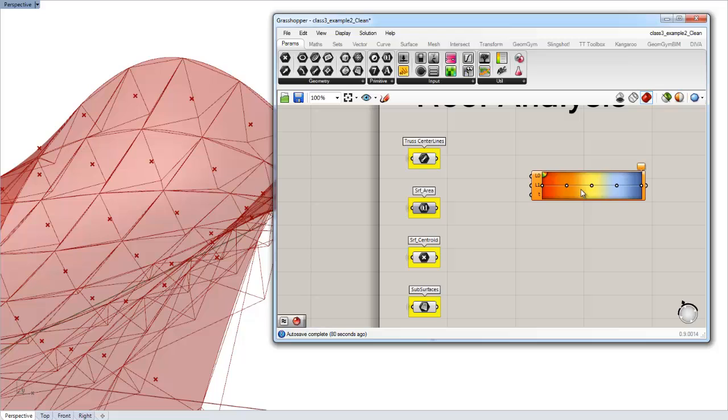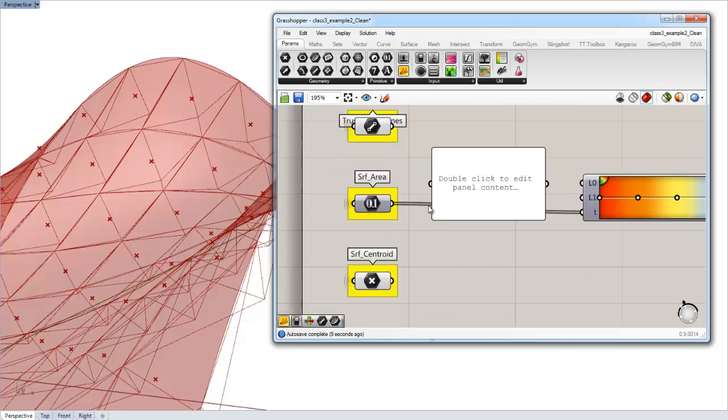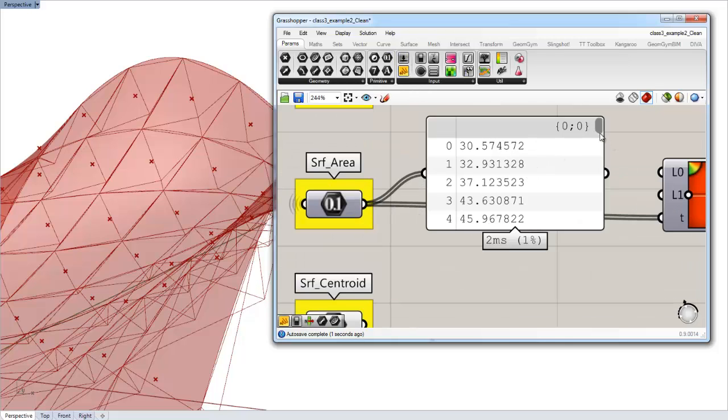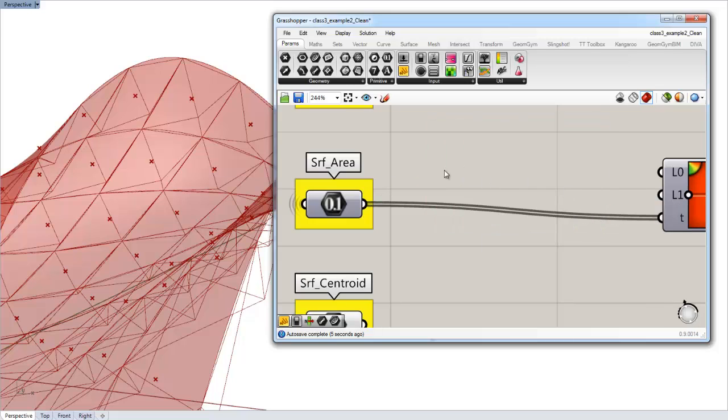and basically my values that create these colors are driven by the area value here. So these are my values. Now I want the smallest value from here to drive what should be red, and the highest value to drive what should be blue. So if I look at these values, there's some 30s, some 20s. I don't actually know what the domain is,